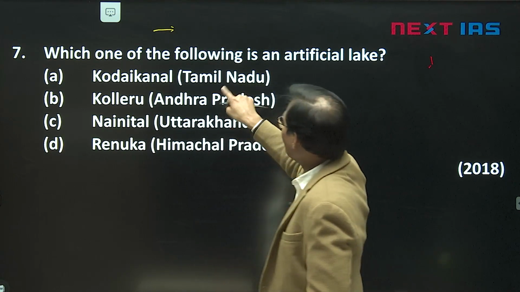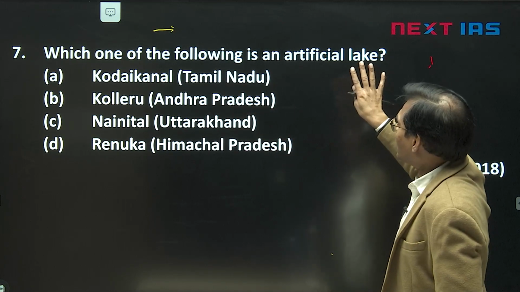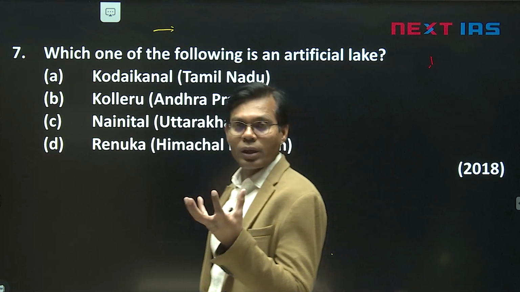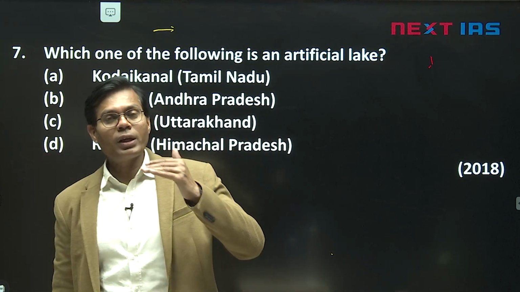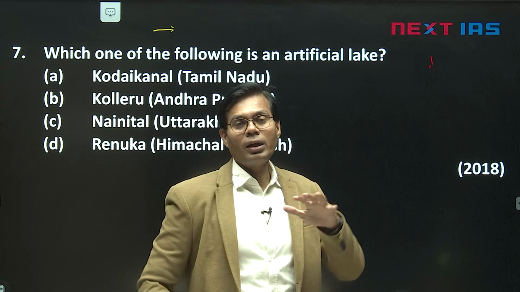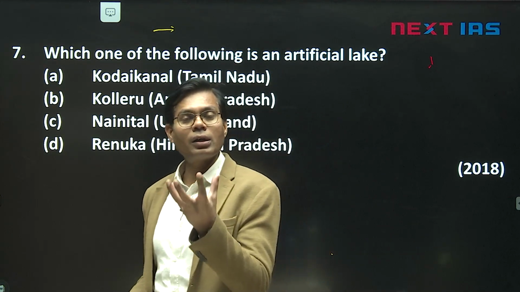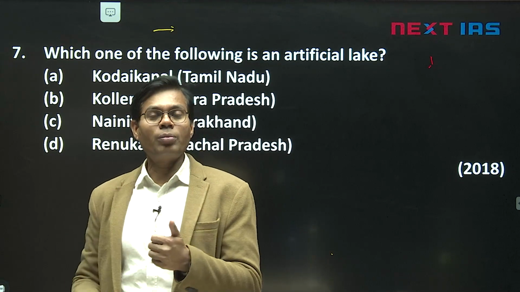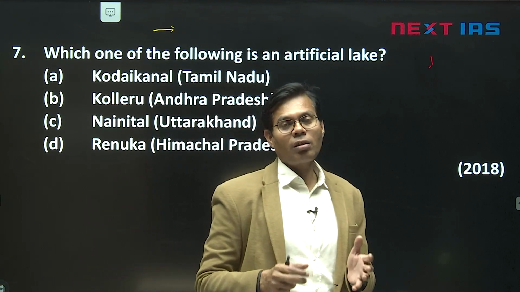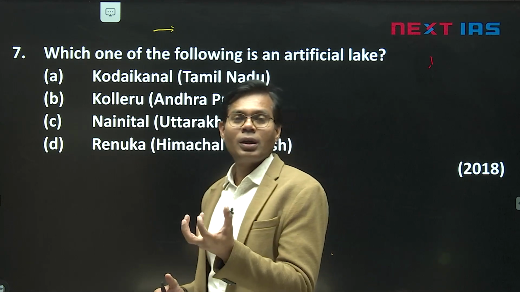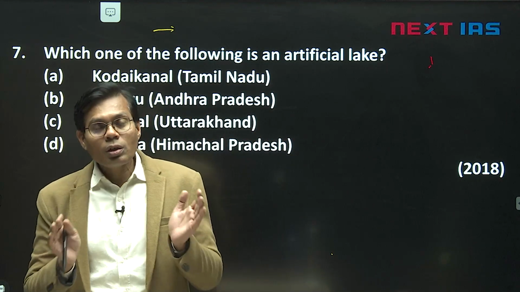So let's check also: for artificial lakes, the maximum chances are where you can say it is a natural way. Suppose you consider the Himalaya. The topography of the Himalaya is like that. Maximum lakes are natural lakes there, except the dam. But maximum lakes, if we don't make a dam, then glacier melting will lead to lakes here.